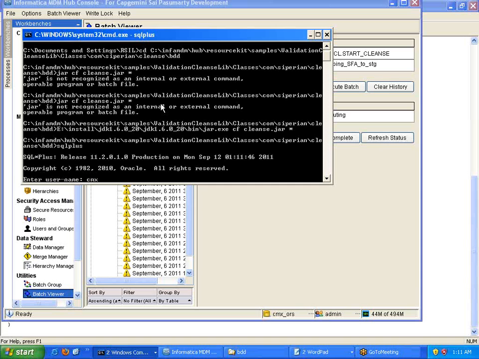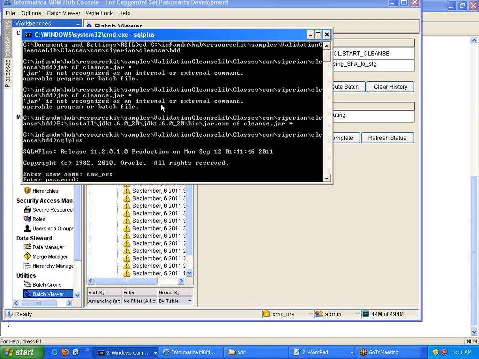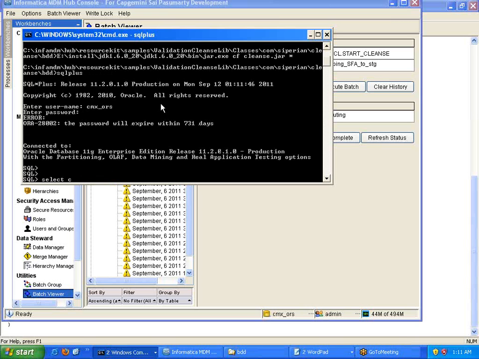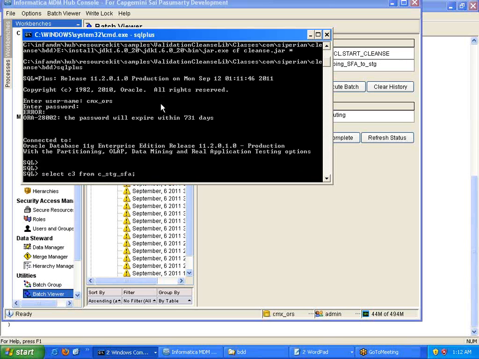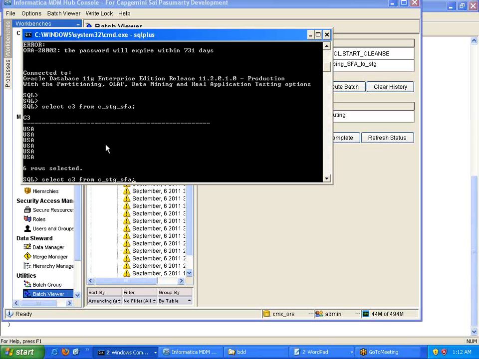Now we can log on to this particular ORS and validate C3 from C underscore STG underscore SFA. Can you see here? Now it has been converted to uppercase. Now you will see one more, C2.